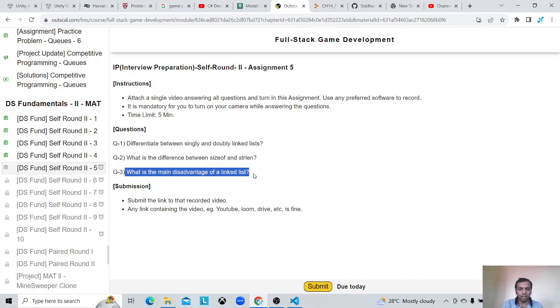What is the main disadvantage of a linked list? The main disadvantage of a singly linked list would be that we cannot traverse in the backward direction, right? So to overcome that, we created the doubly linked list. But that's the main disadvantage, that we cannot traverse backwards. If every time we have to reiterate or start something, we have to start from the head. For example, if I want to add a new node at the end,